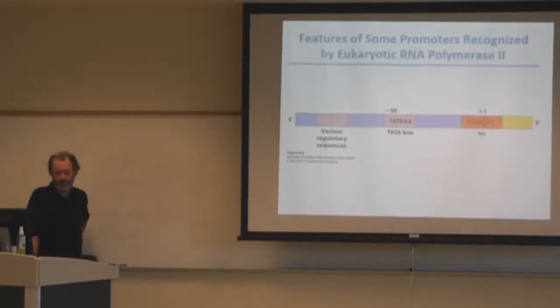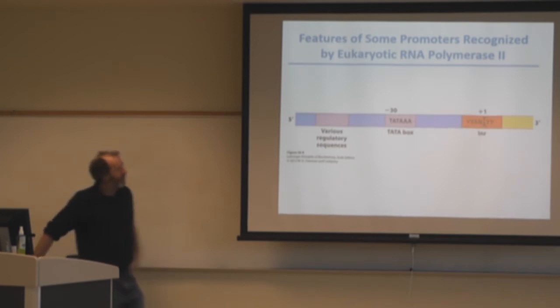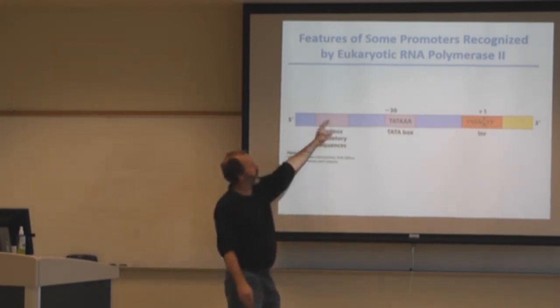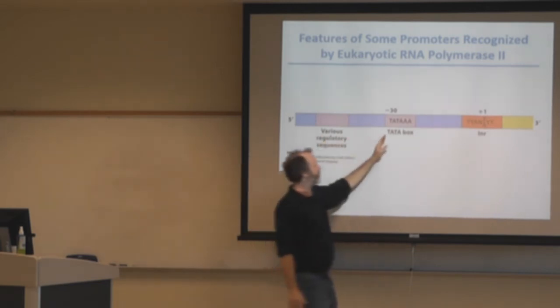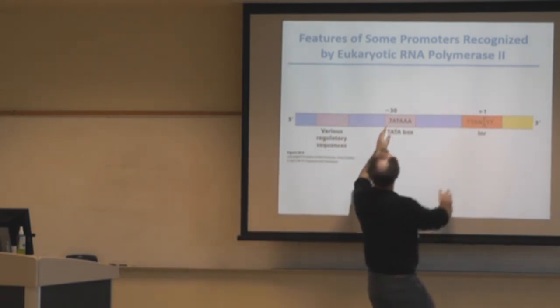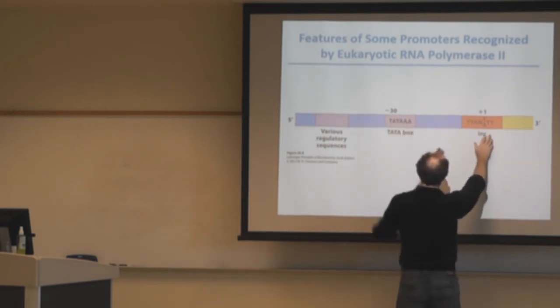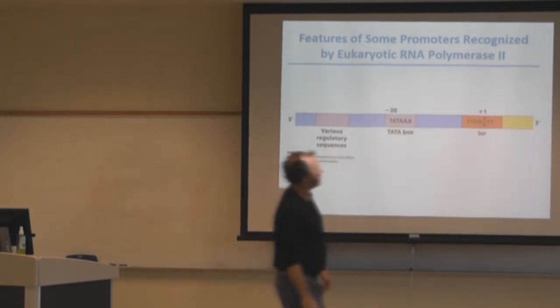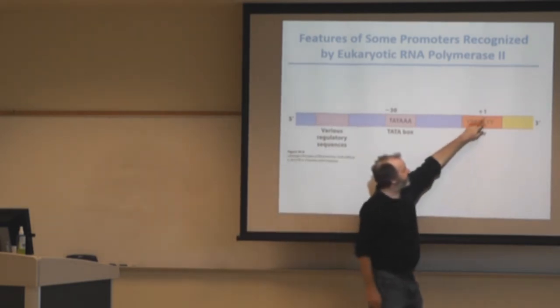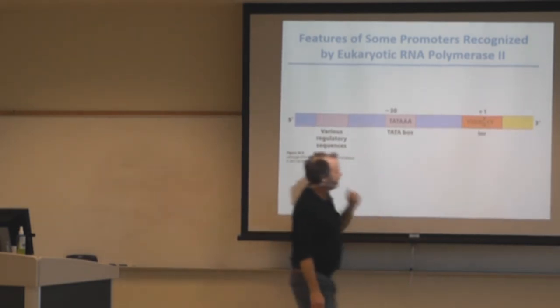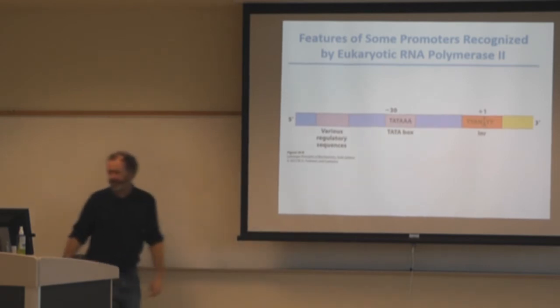So, some features of promoters recognized by eukaryotic RNA polymerase. You can have various regulatory sequences way upstream of your general promoters that are going to have, again, the TATA box and the initiation codon. And again, you often have A's and T's at the +1 site, or an A and T followed by